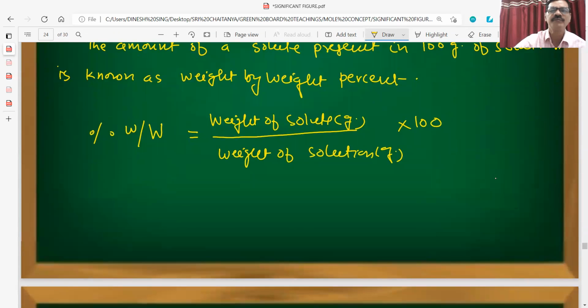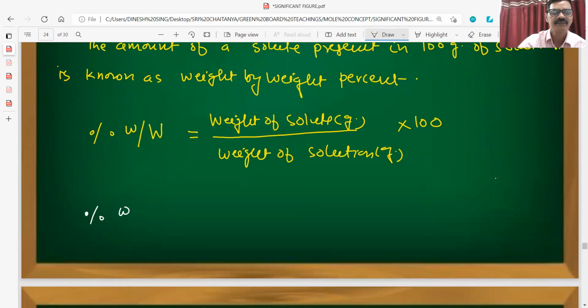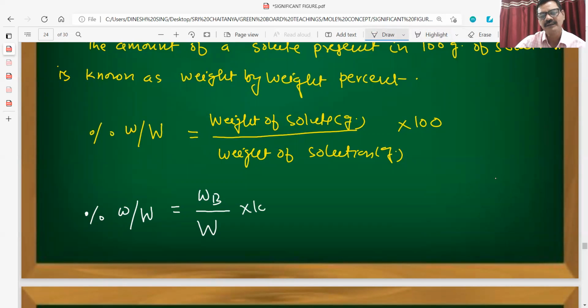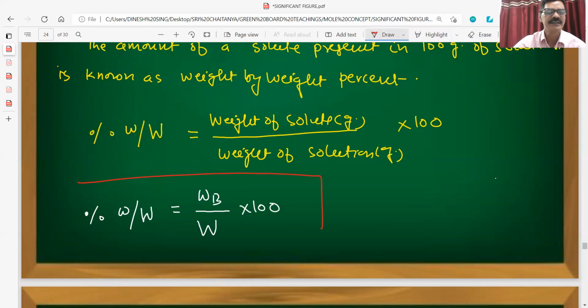So we can make the formula: percent weight by weight equals small w, that is WB, divided by capital W, the weight of solution, into 100. So this is our formula to calculate